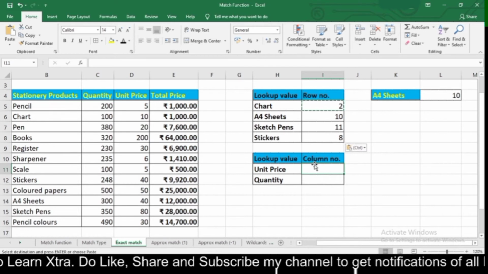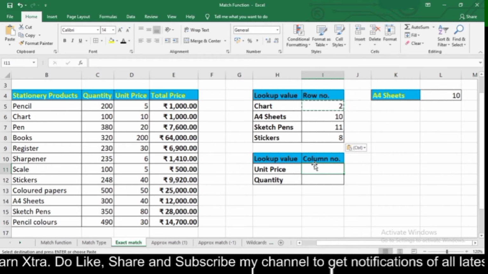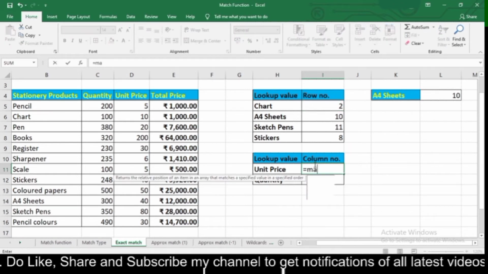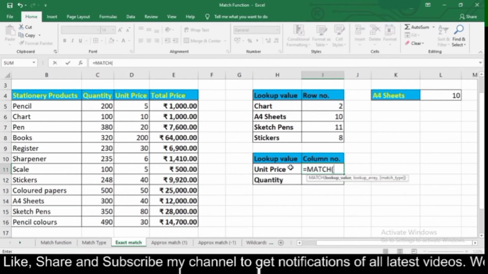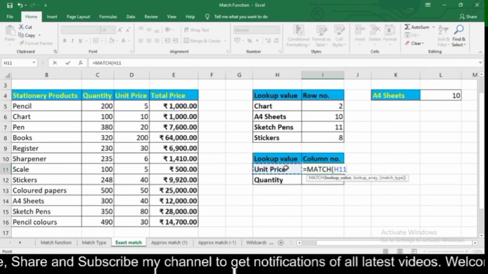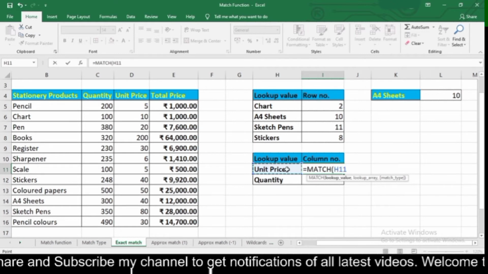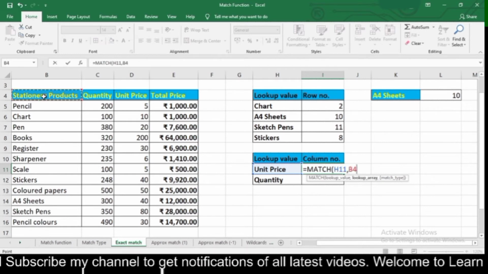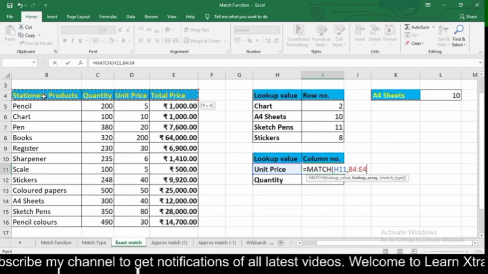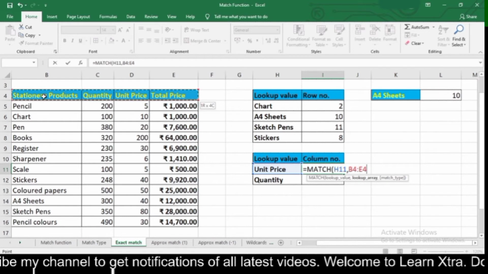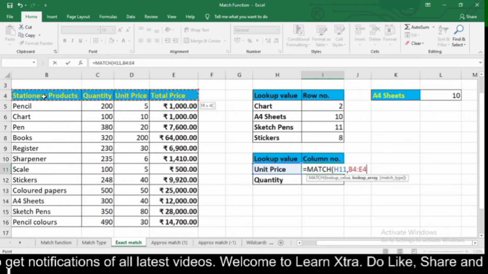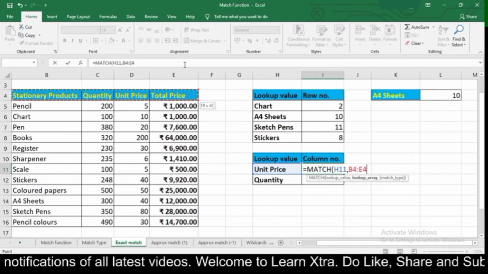Now from my column numbers, if I need to find out the column number of any text, then again I will use the MATCH function. My lookup value will be my unit price which I need to find out, and my lookup array would be this, from B4 to E4, because my lookup value resides in between these columns.